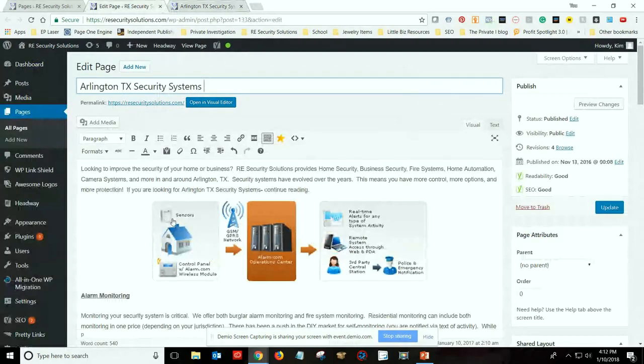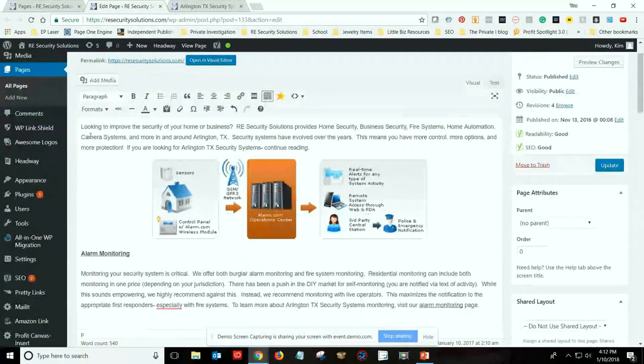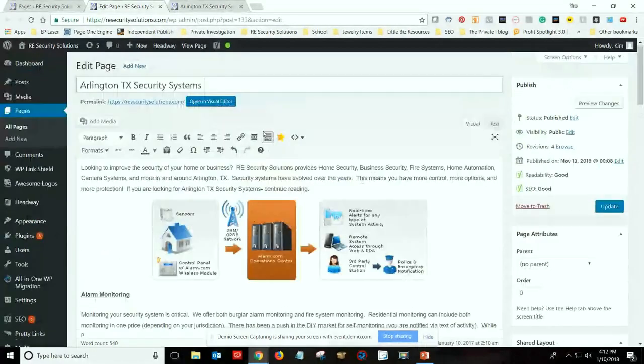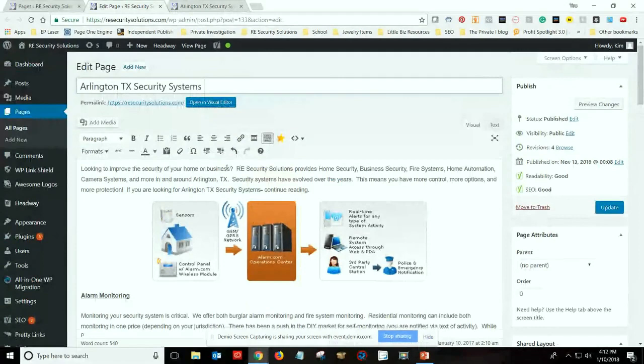Now there's a couple things like I said, this is not written 100%, even though it says it's good. There's a lot of things I need to change. So the next thing is once you have your keyword and you've determined how you want to do it, you need to have it pretty much in your first sentence. Here in the first content, in the first paragraph, the bare minimum, but generally towards the first sentence. So, I have looking to improve the security of your home or business. So I might say, instead, I'm going to say looking for,